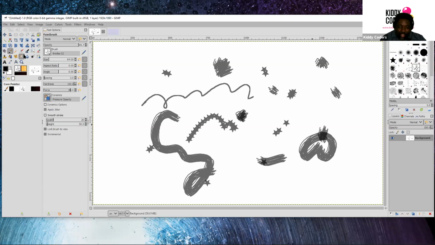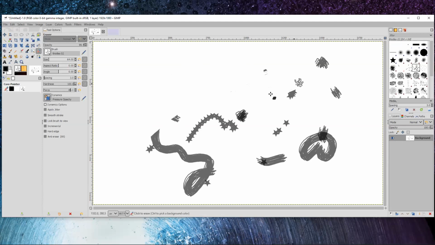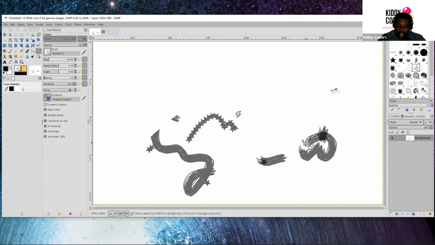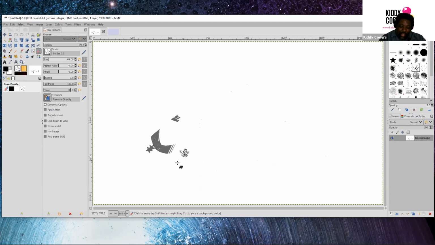Then what else? Another important tool here. Let me erase this. Now I'm just using one of the random brushes I chose to erase with as well. Okay. And the eraser tool can also be a drawing tool. You can draw something and use your eraser to change the mark making with it as well. So it becomes a tool in itself for making art, not just for getting rid of art. Also,